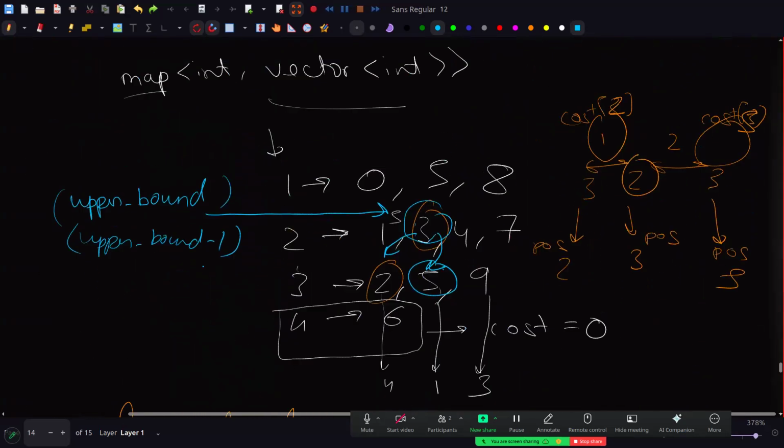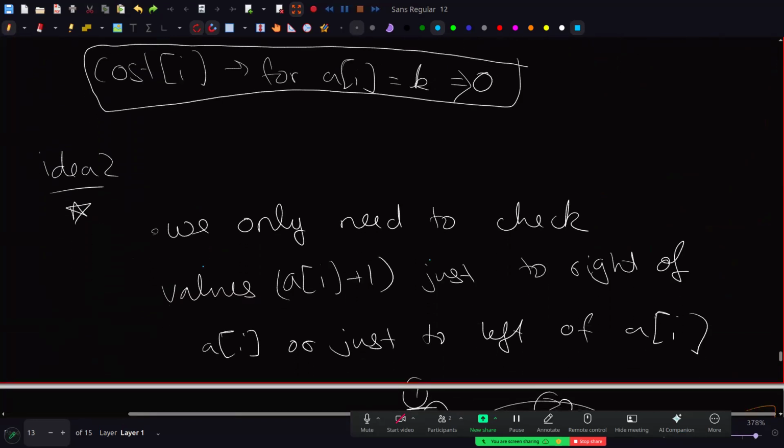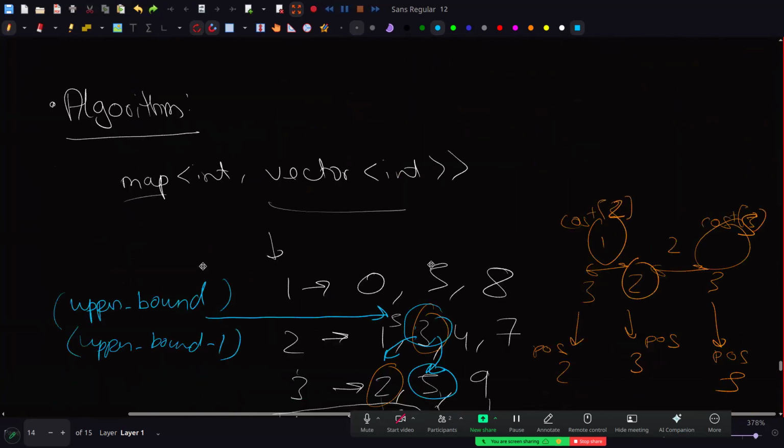So let us put it all together. What are we doing? We are saying that our cost we are computing by just checking just to the left and just to the right, which value is just greater than me. And I will compute the cost from there, and I will use upper bound and lower bound function to compute. So let us decide to write the whole code and what it looks like. So the code,